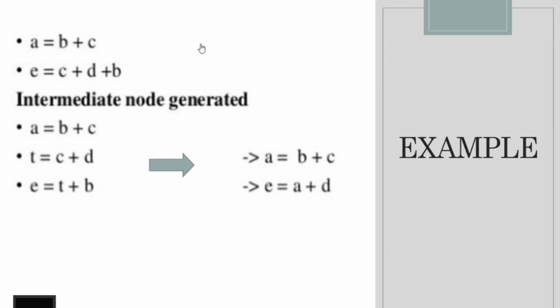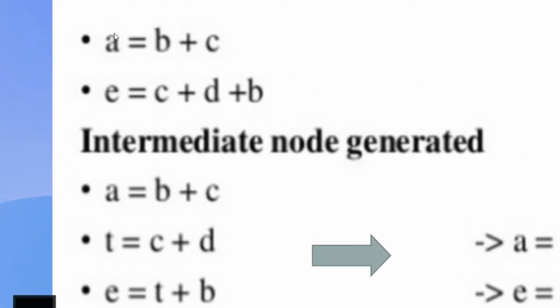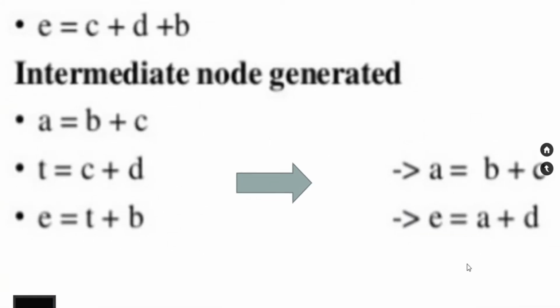So we can use that law here. So B + C and C + B are the same. Already we have computed C + B. So where is C + B present? C + B is present in A. So we can directly write A + D here. So the result of B + C is stored where? It is stored in A. So we can write A here. Instead of C + B, we can directly use A here. So E is equal to what? E is equal to A + D. So this is how optimization is performed by applying these laws.